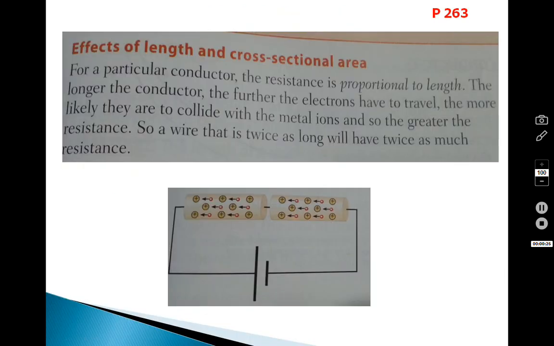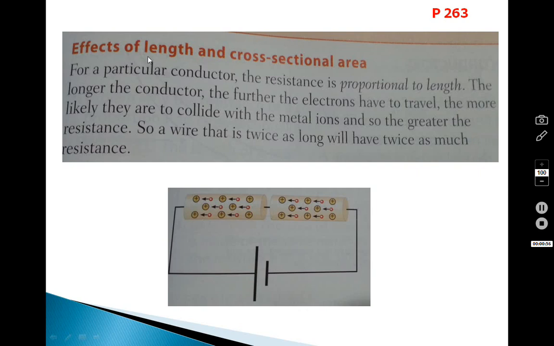I think we stopped at page 263, so please open your book on page 263. Last time, the last topic we discussed was resistance, and we looked at measuring resistance and how changing resistance affects currents, and we stopped at this title here,